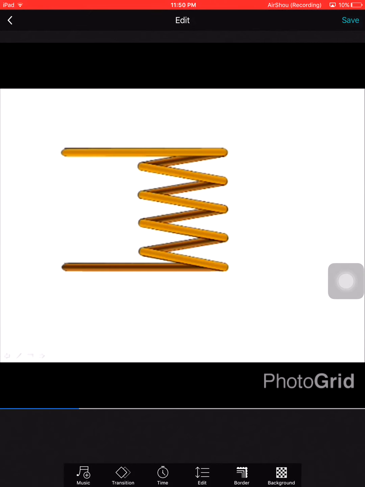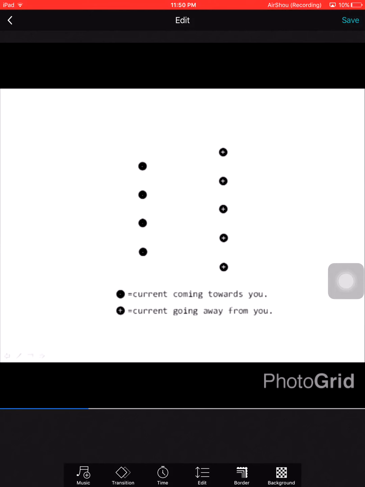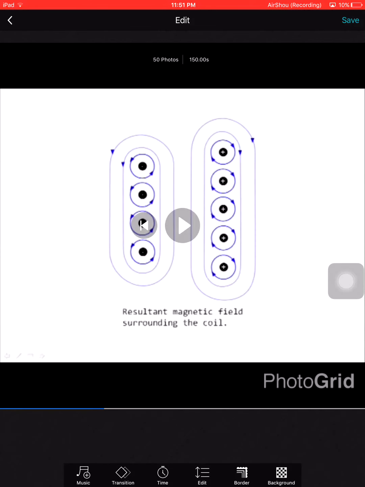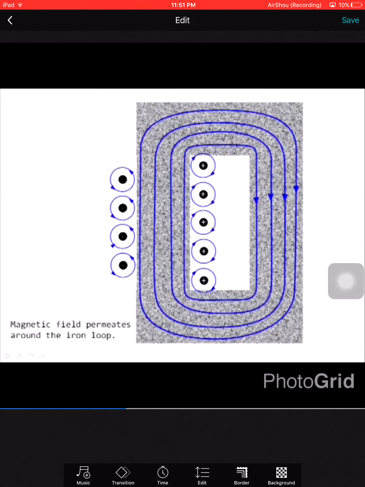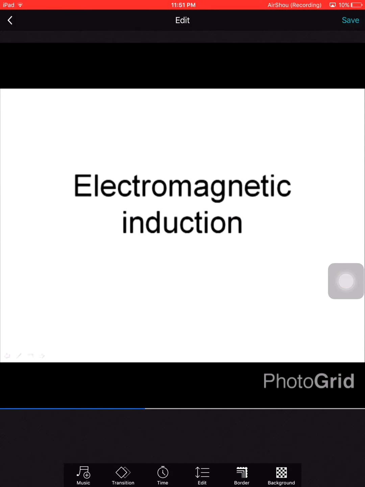If we take a transformer core, we can find the current coming towards you and going away from you points by Fleming's left hand rule, and these are represented by dot and cross points. There are some induced magnetic fields around them, and the resultant magnetic field surrounds the coil, and this is wrapped in an iron loop, and the iron loop can permeate the magnetic field. As a result, it can form